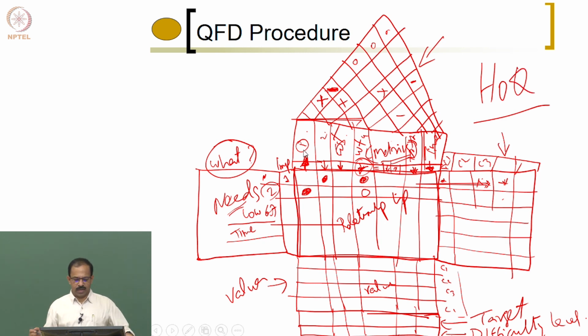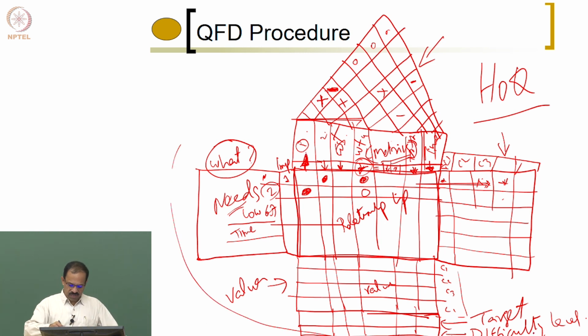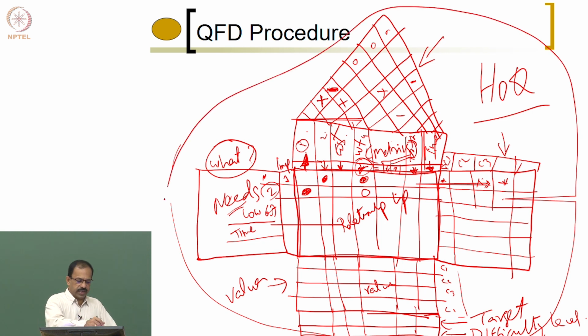Okay, with a roof on the top and then the rooms and the foundation, it looks like a house. So, we call this the house of quality diagram, which summarizes all the information we collected so far into a single sheet, and which can be used for analyzing all the needs, metrics, benchmarking information, the direction of improvement, the technical difficulty, target values, everything can be put into a single sheet. So, that is the house of quality diagram.